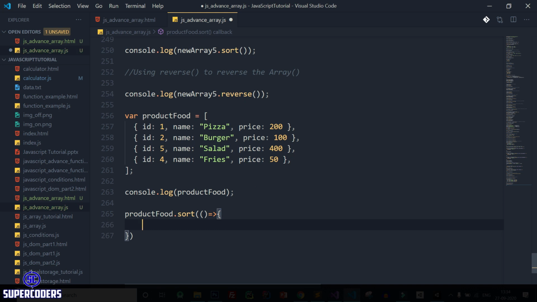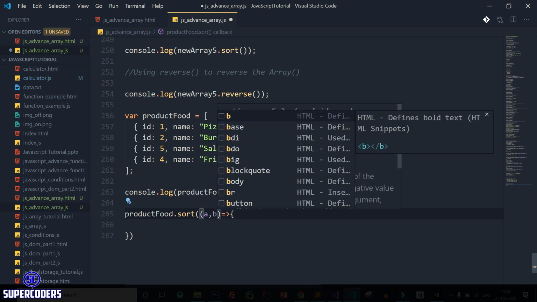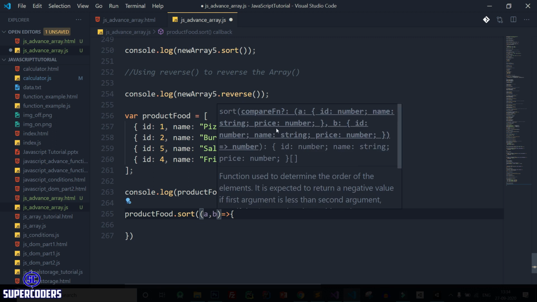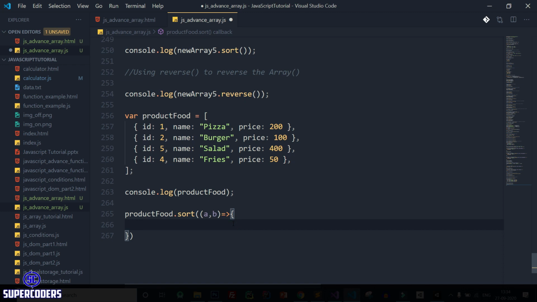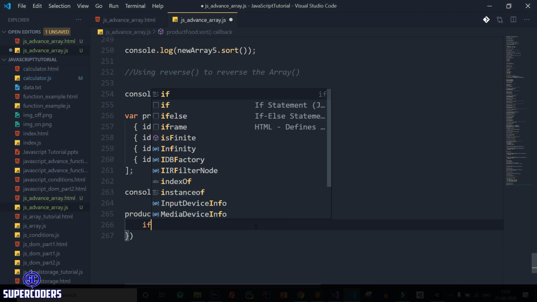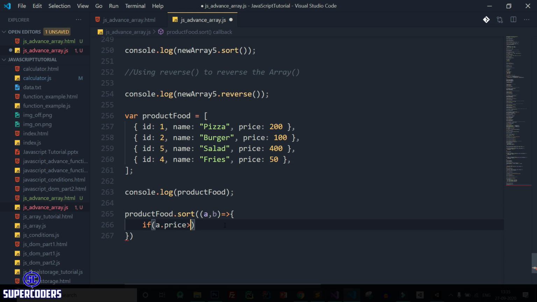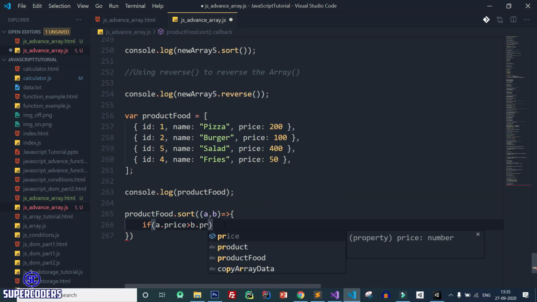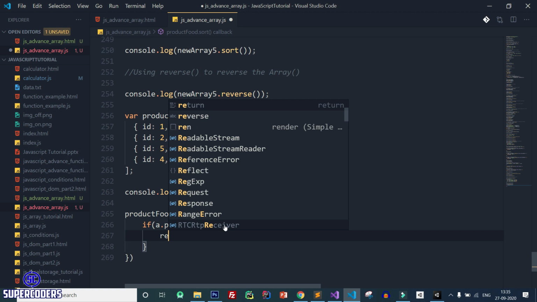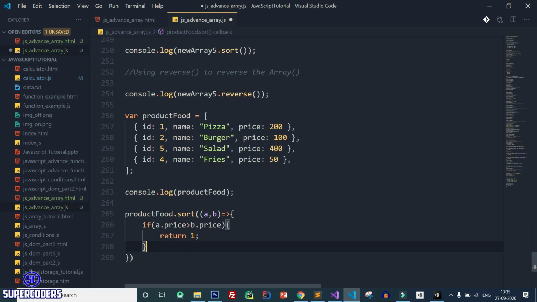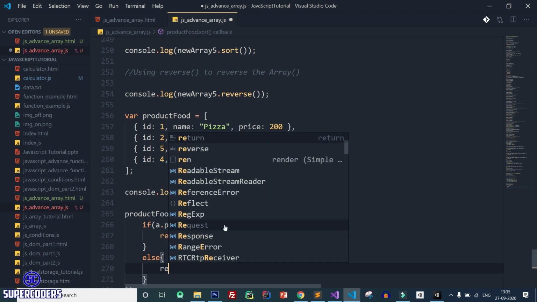First is the previous value and second is the current value. So it should be like a comma b. You can see it shows the reference compare function. So here if a dot price is greater than b dot price, then return 1, else return -1.